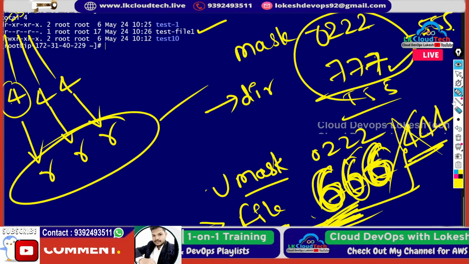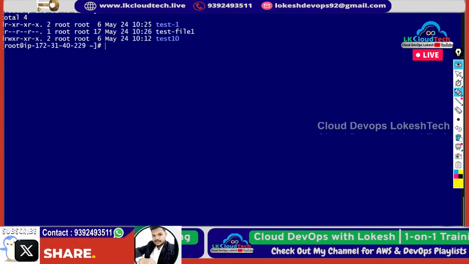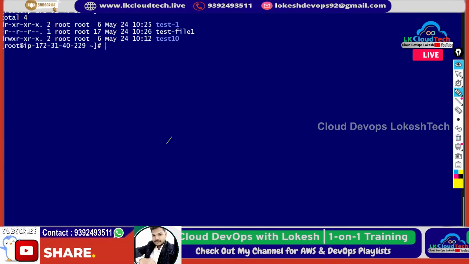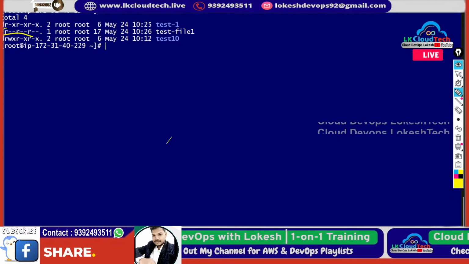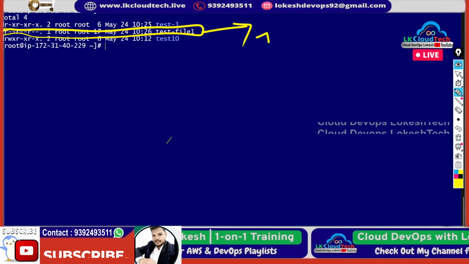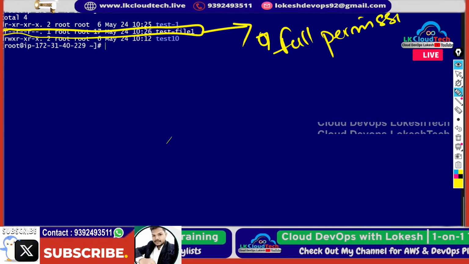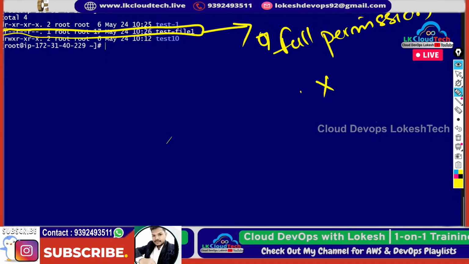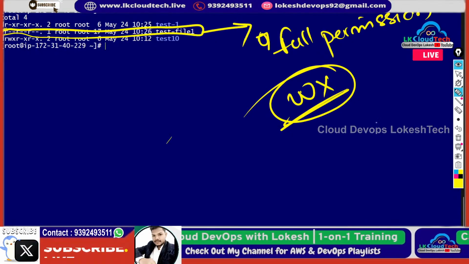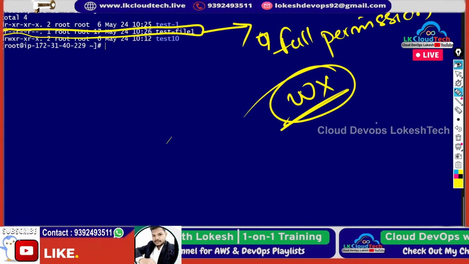Clear? So now, we have already seen examples. For example, now I want to make the file. This is a file. I want to do this intentionally. I want to give full permissions. Actually it is readable permission, but I want execution and write permissions also. In this case, I want to give complete permissions. So for that,